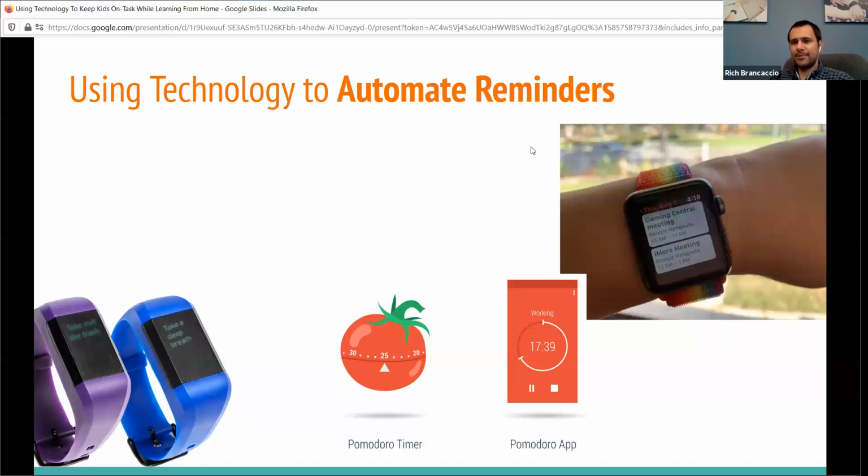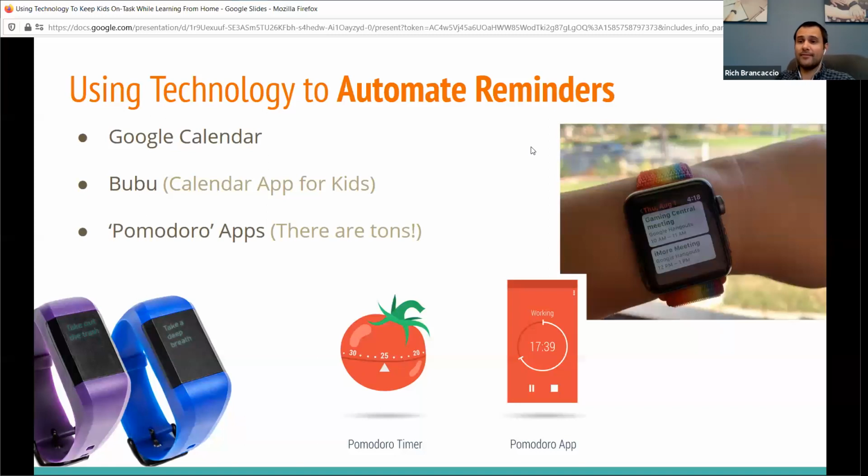There's a couple of apps that are Pomodoro apps. You can use those as well. A couple different options in the App Store. So again, Google Calendar, you can use that. Boo Boo, Pomodoro apps. There's a lot of different versions out there,